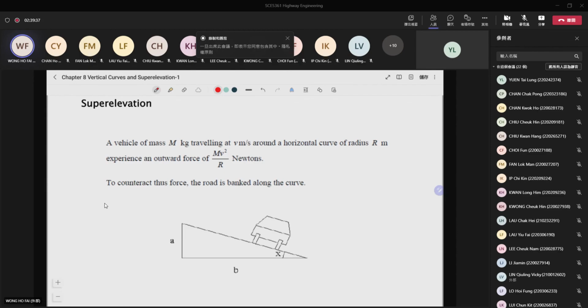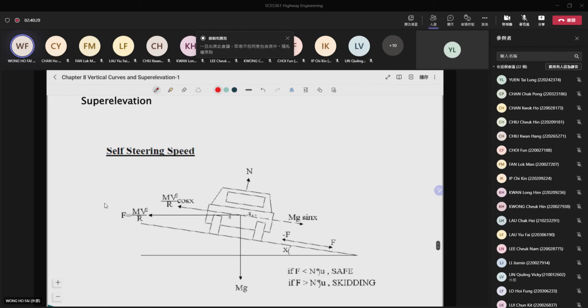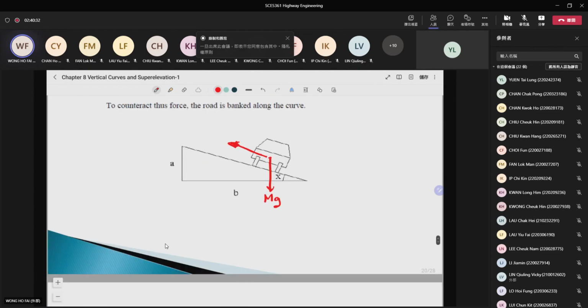So here is a mass m kg. We call that there's a vehicle, there's a mass m kg here. So you will always have the mg applied on the vehicle. And then say that you have a v meter per second going around a horizontal curve with a radius r. Then you will experience a so-called outward force of mv squared over r newtons. This is due to the circular motion of the vehicle. And we call that mv squared over r. So for here, you have the force applied on the vehicle. So here is the force diagram. So horizontal